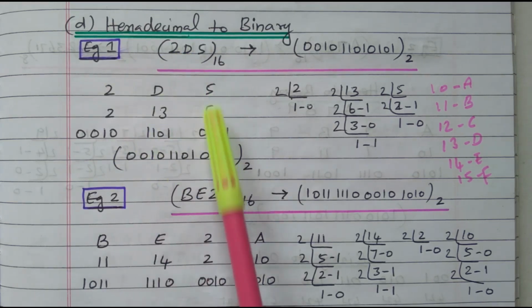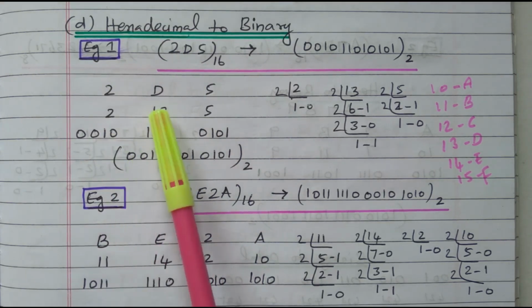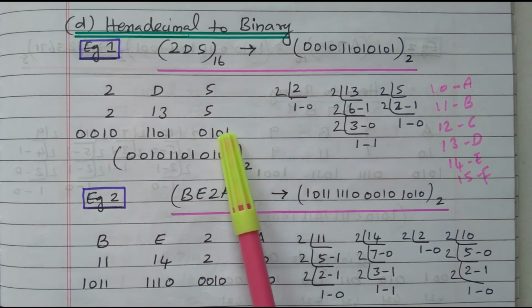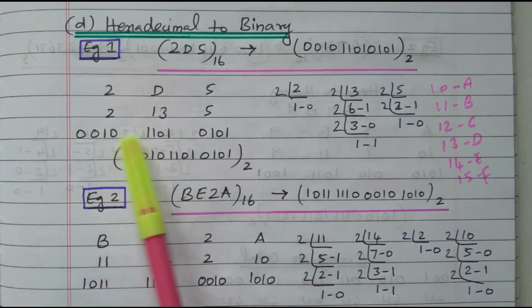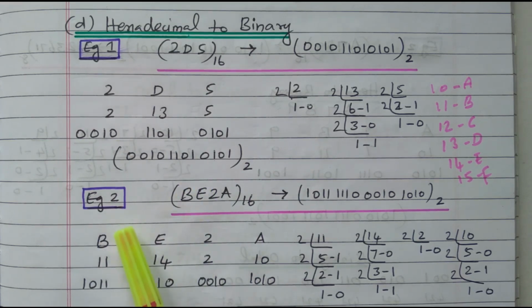2D5 is written separately. The D is written as its numerical value. 2, 13, 5 are converted into binary separately and made into 4 digits, and all the digits are combined together. That is nothing but your final answer. Right? Now we'll go to the second example. Next example,